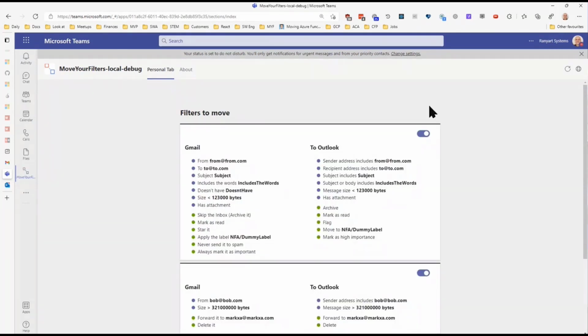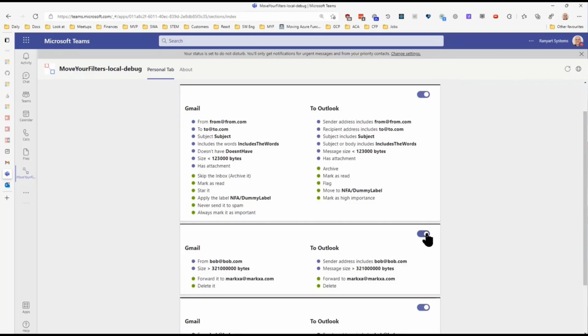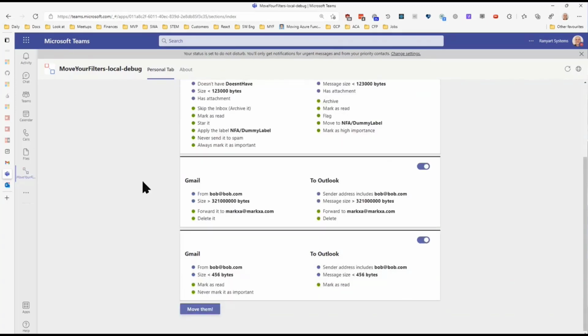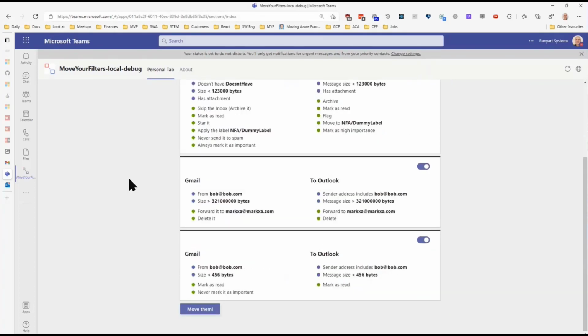We're using the Fluent UI controls here, so that's pulled in those three rules. We can turn them on or off. And essentially that's pretty much the guts of it. It will go off and fetch your filters, and now if I hit move them,